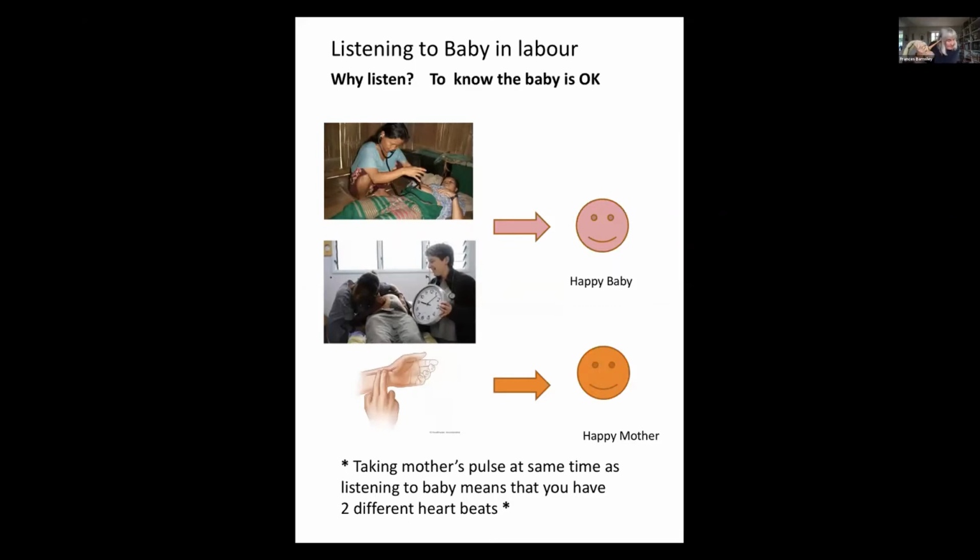If you feel the mother's pulse, you'll be able to know whether you're listening to the right heartbeat, okay? So it's really important that you decide which heartbeat you've got. So it's something you need to practice. So antenatally, when you're caring for mothers, practice this so that you can find the heartbeat easily and you can